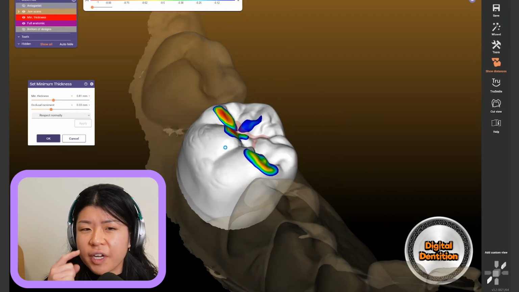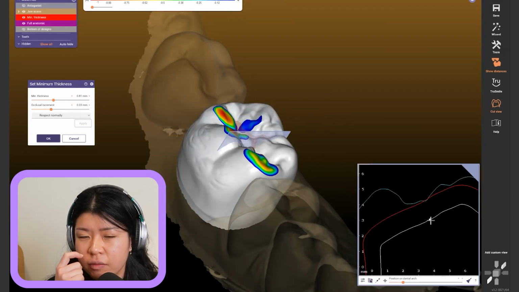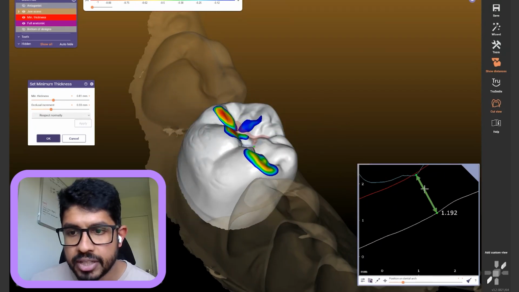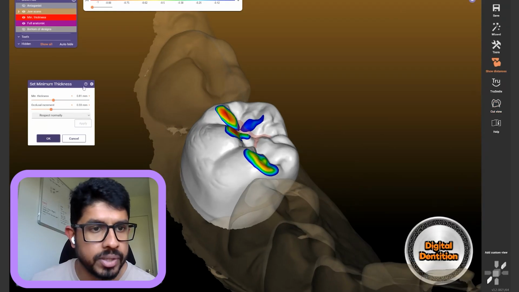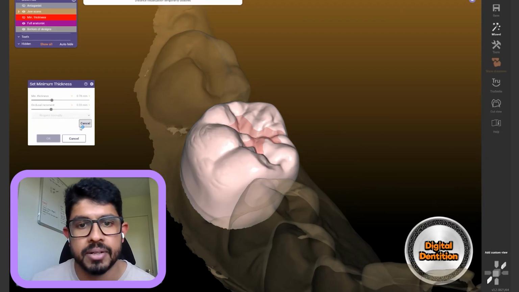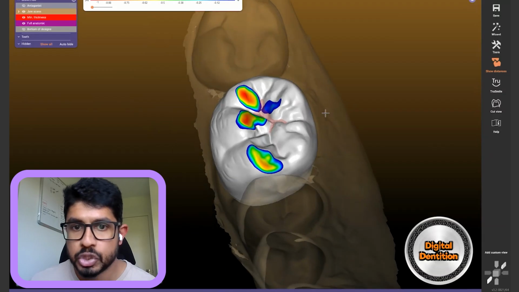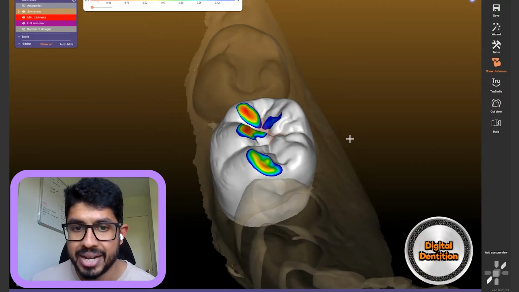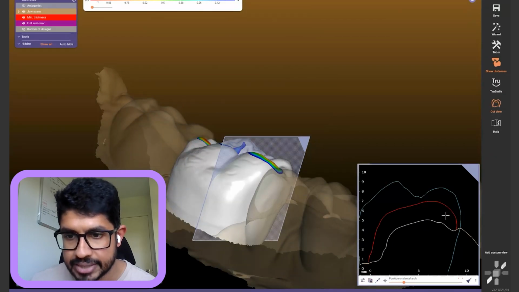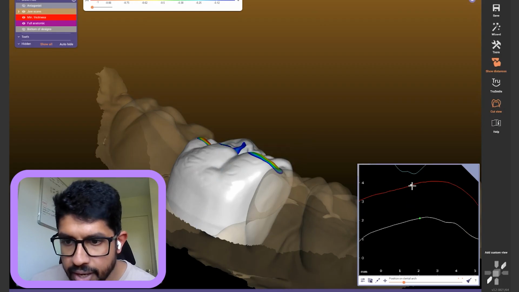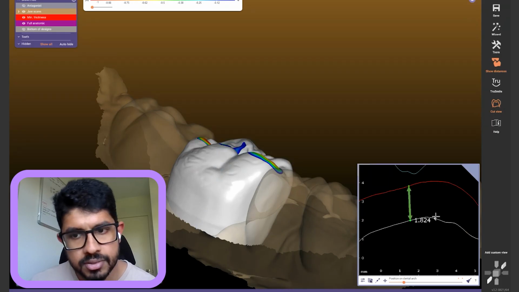When I did it at the very beginning, I did set it as 1, but it seems to have, that's about 1.1. That's something that I can work with. Let's say I want to take it down just a little bit, and I'm just going to hit OK with that. So it doesn't end up becoming a bulky crown for me, and I still am within my minimum thickness, as I can see over here. It says 1.8 at that point,